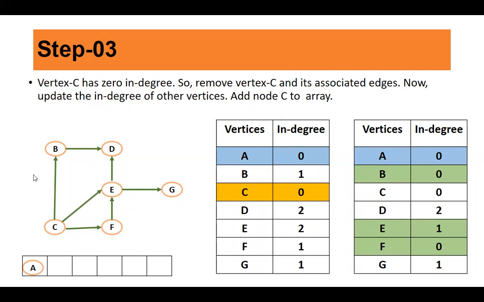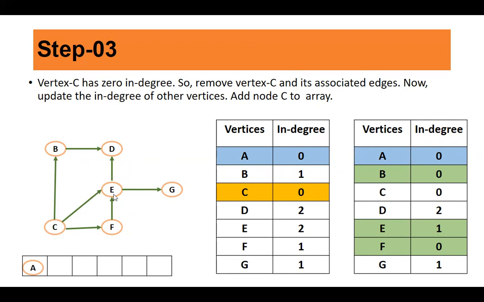After removing A and its associated edges, this is what the graph looks like, right? And now look at the table. Now A is already ordered. So we just put it in a blue color, right? And the node what we are considering will be in yellow color and its associated nodes will be in green color, right? So the next node what you select, vertex what you select with the in degree 0 is C, because compared to all the other vertices, C has 0 in degree. So select C.